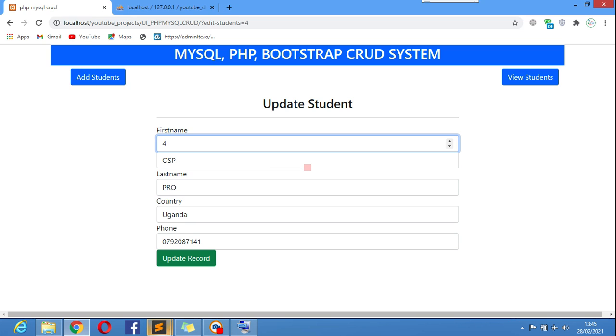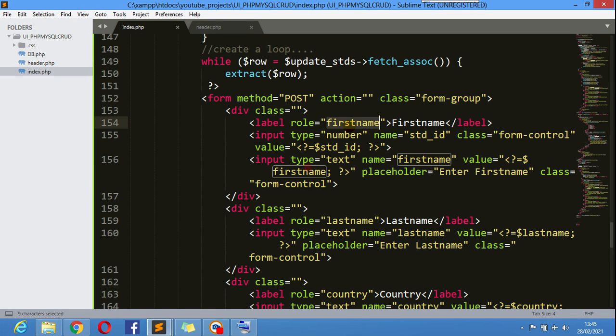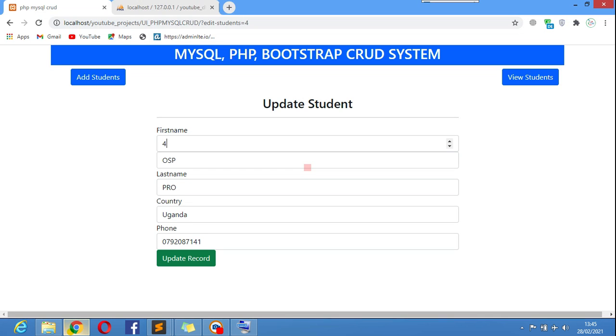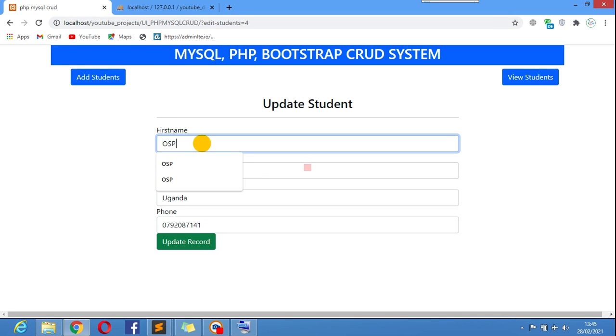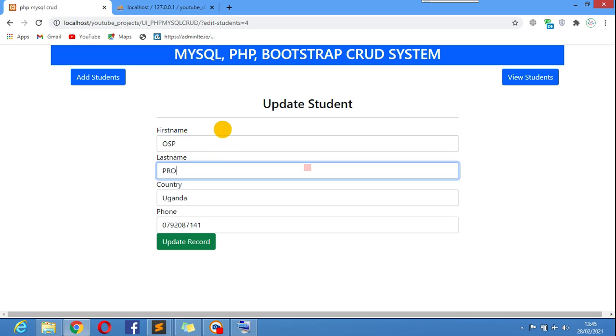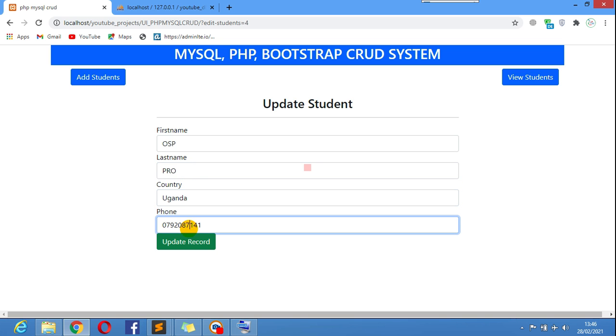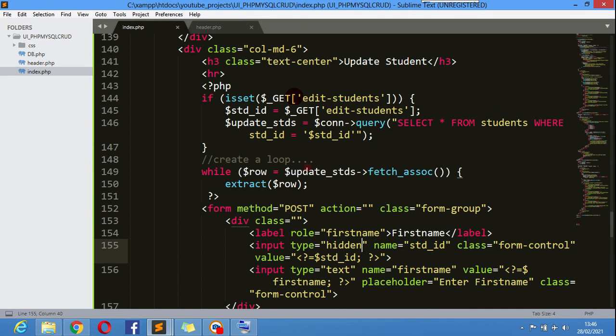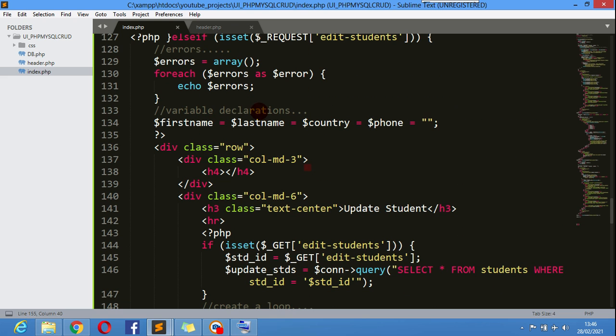But remember, ID should always be hidden, because you don't need anyone to know the ID that you're tracking it with, if it's okay with you. So have that hidden and you remain here. But in your mind, you know very well that ID has already been taken care of by you. So go back here and just try to do that update within less than 2 minutes, because you already have this